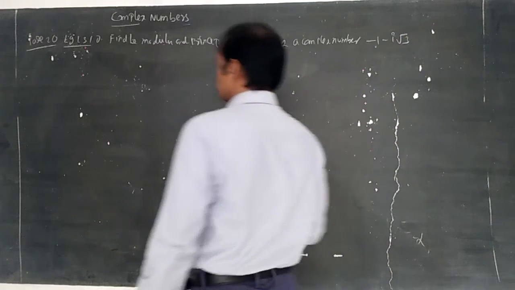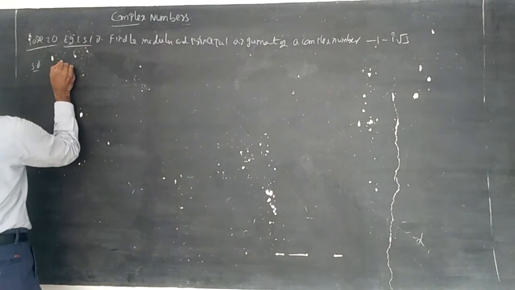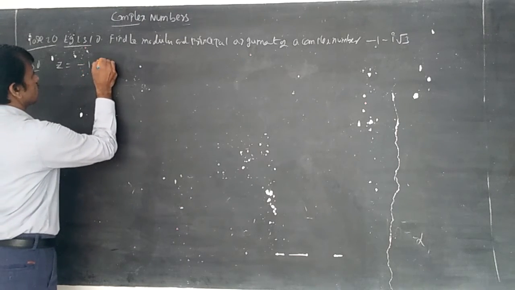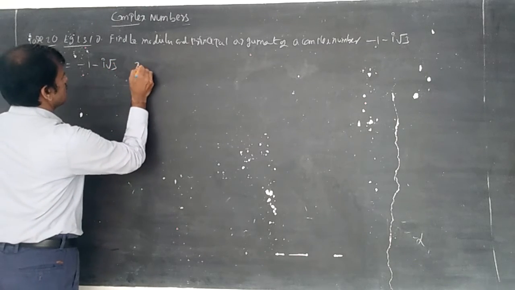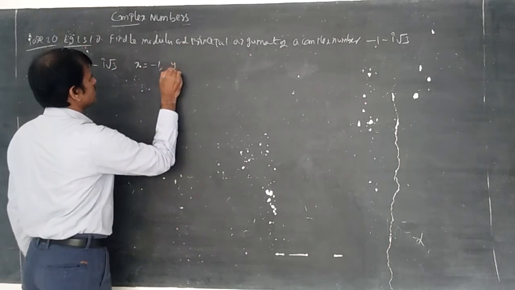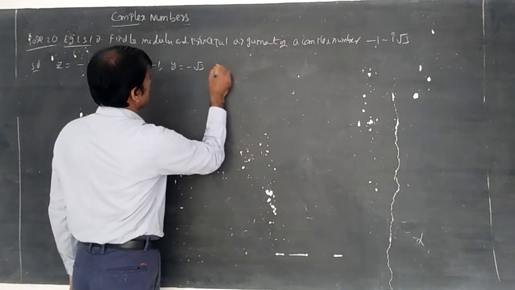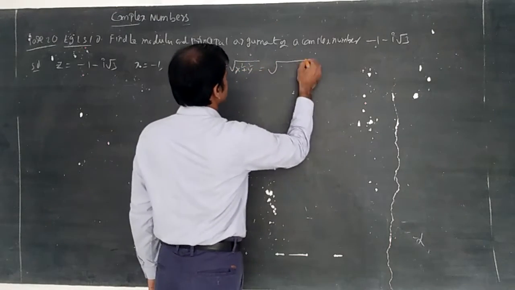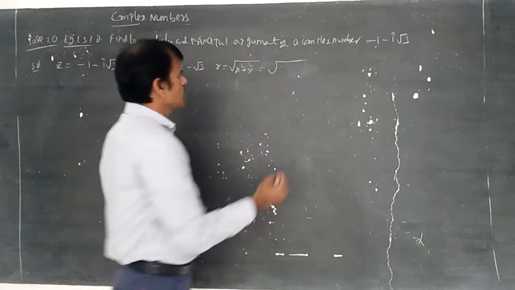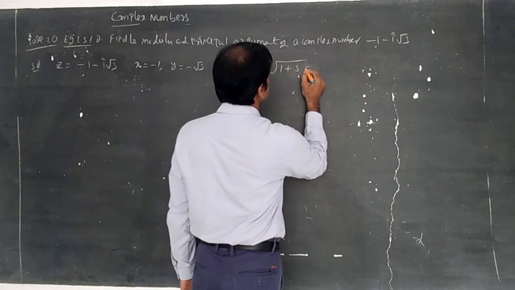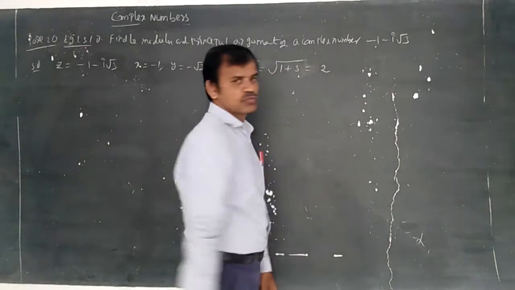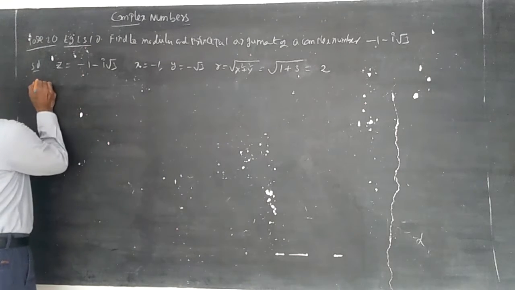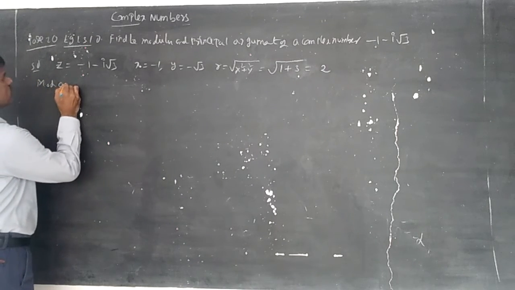Clearly you can understand. Listen carefully to the brief explanation. Given z is equal to -1 minus i root 3. Here you can write x is equal to -1, y is equal to -root 3. R is equal to the formula root of x square plus y square. So root of (-1) whole square becomes 1 and (minus root 3) whole square becomes 3. Root of 1 plus 3 is root 4, it is 2. So R is calculated. Now you can understand. Here I am writing the modulus amplitude form.